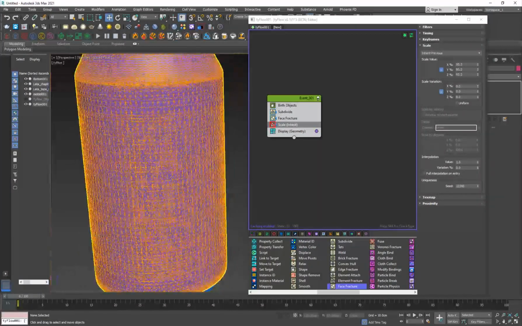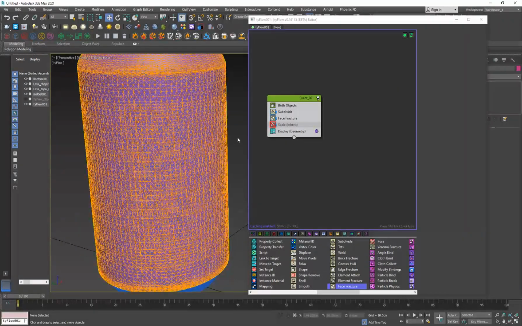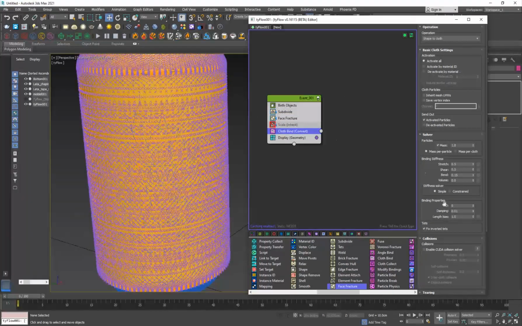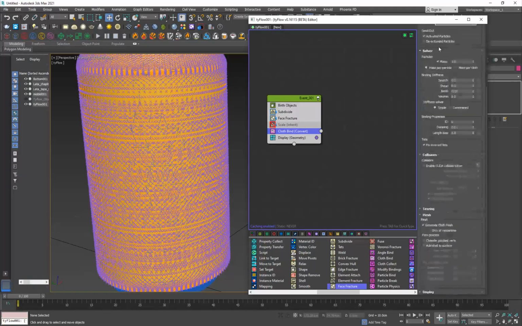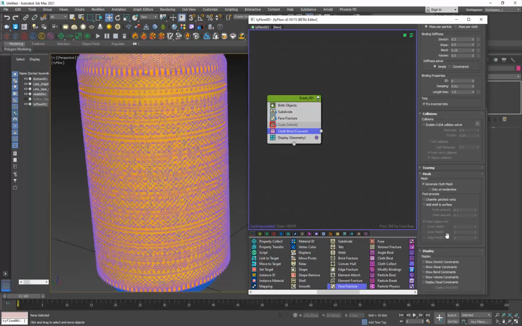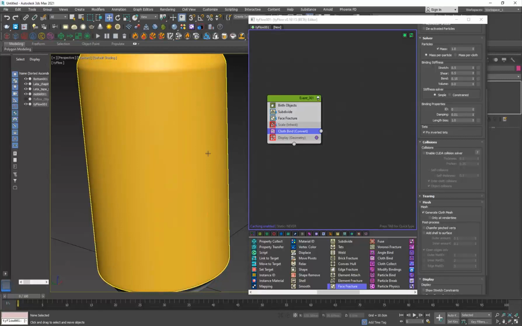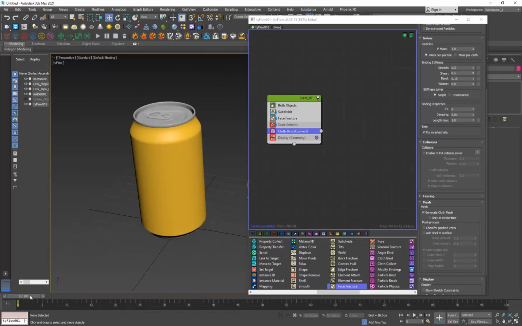So the next thing I'm going to do is turn them into cloth. So if I go here and add a tab cloth bind operator, and then I'm just going to put it down. You're going to make sure it is below the subdivide and the face fracture. Just turn this off and you can see it, right? So right now if I play this,